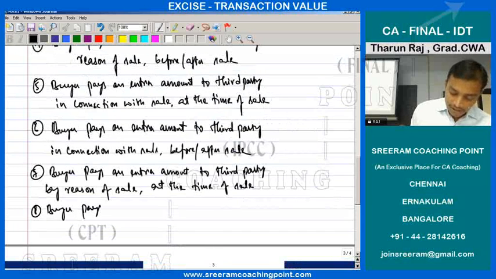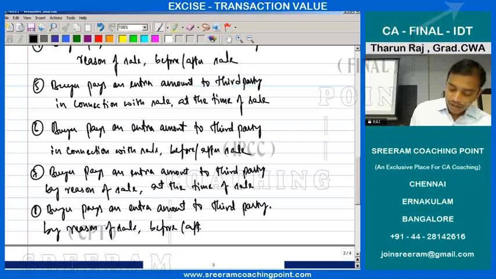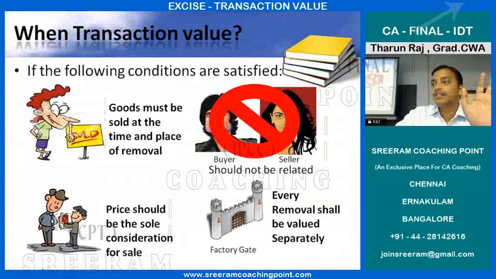The buyer pays an extra amount to a third party by reason of sale before or after sale. So whenever a person is going out of the factory gate, the gate will be lifted